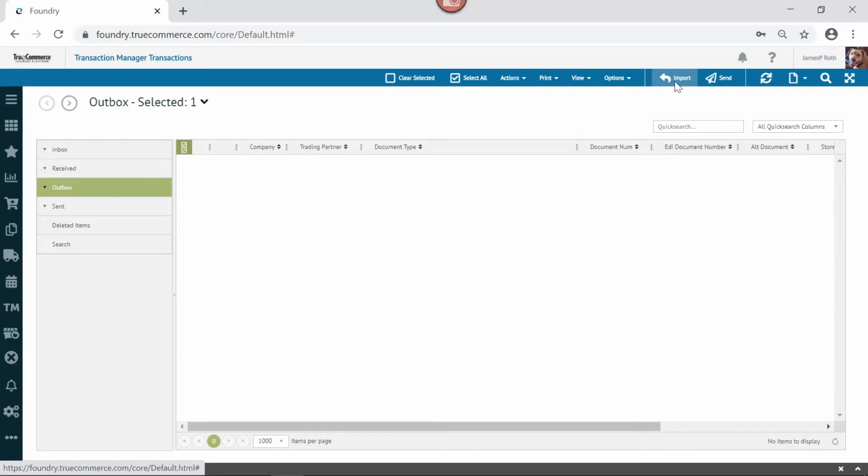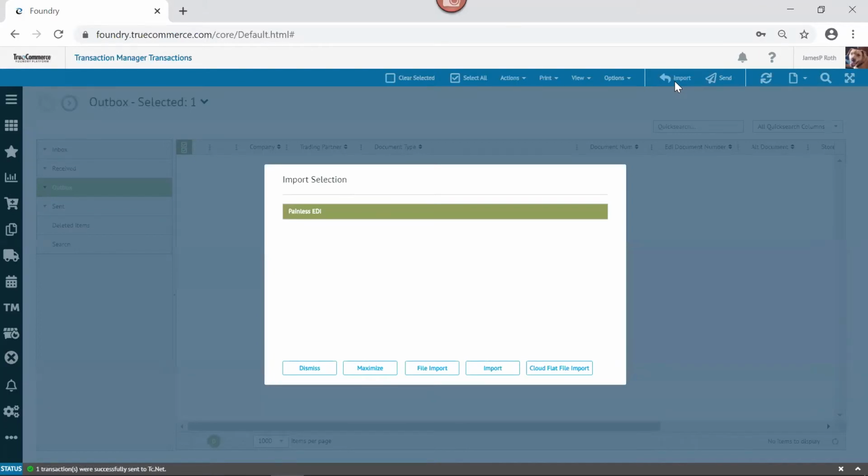I'm going to click on import. Again, you can drive this manually or in an automated fashion. If you manually clicked import, you're going to notice this little prompt, right? And you may not see this. If your company is set up with just QuickBooks integration, you probably won't be prompted to select what type of import this is. But if you had a third-party warehouse that uses a system like Starship, or a system like Fishbowl or Activate or Advanced Pro or All Orders, files are most commonly transmitted from other systems, and